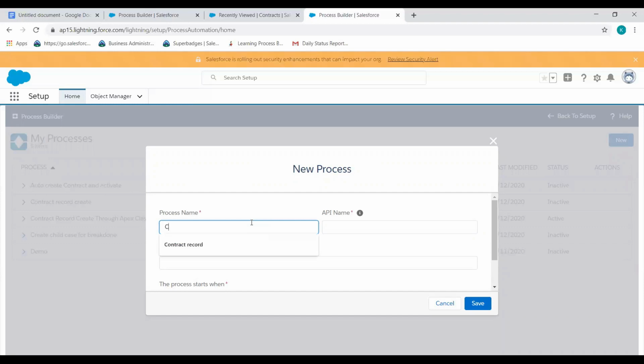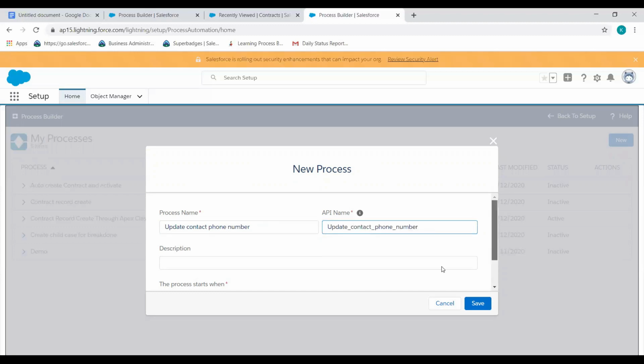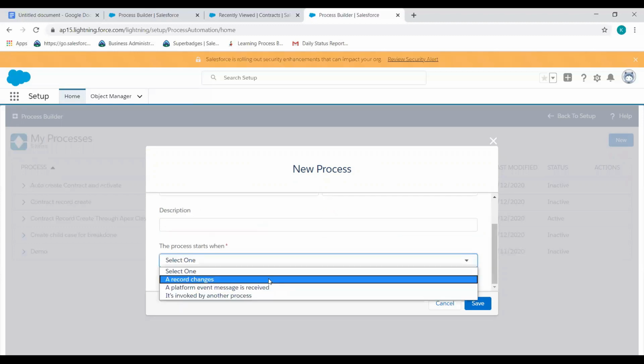Let's see. Update contact record. Same record change.